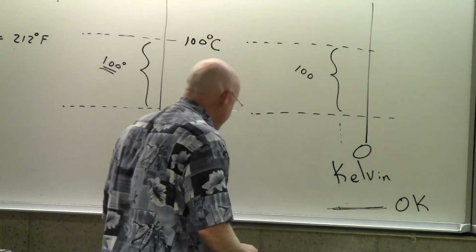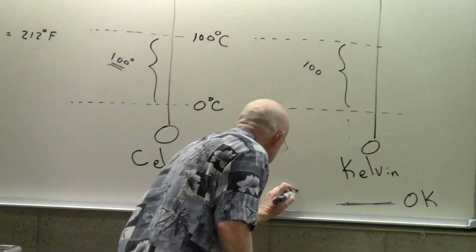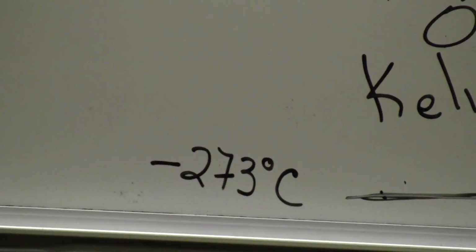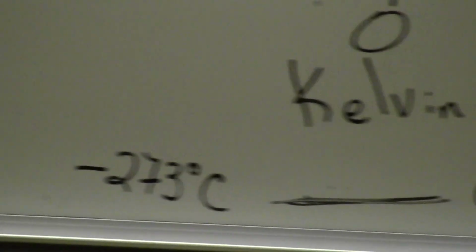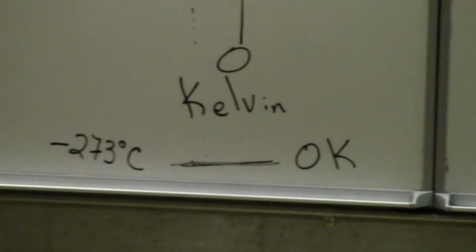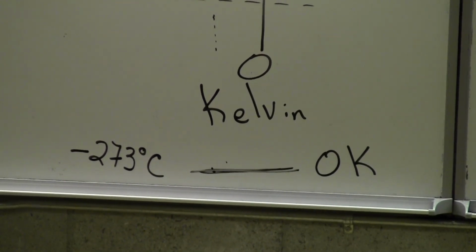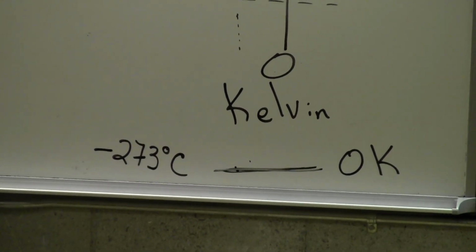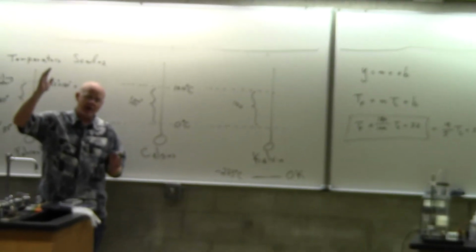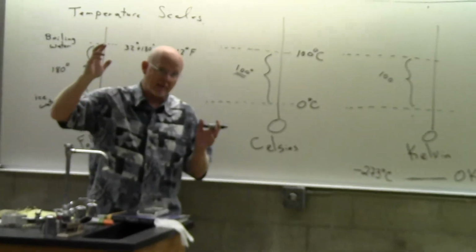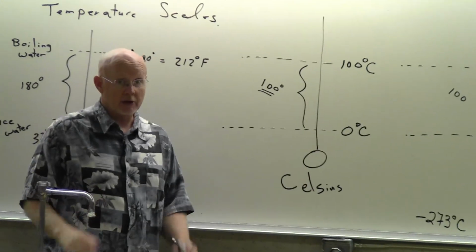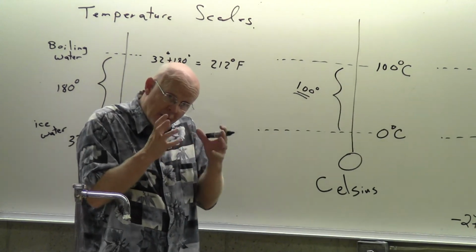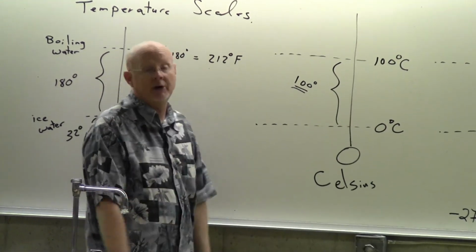Hopefully we will find that this place is negative 273 degrees Celsius. And so we will run an experiment like he did, using the Celsius scale. We can't get it this cold; the coldest we're going to be able to get today is about negative 70 degrees Celsius. And the hottest we can get, we'll do boiling water. So we'll make some measurements between boiling water at 100 degrees Celsius and some dry ice, which will be about negative 70 degrees Celsius. But we'll say here we've got a pattern, and if we extended that pattern, we'd be able to see from our data that they would come to a stop at negative 273.